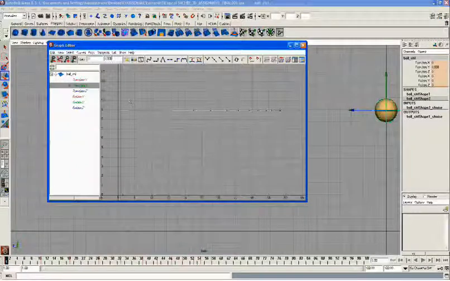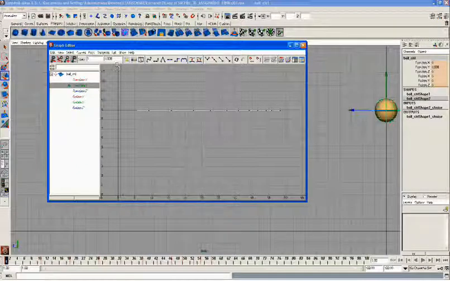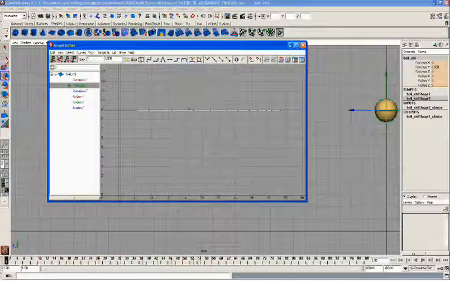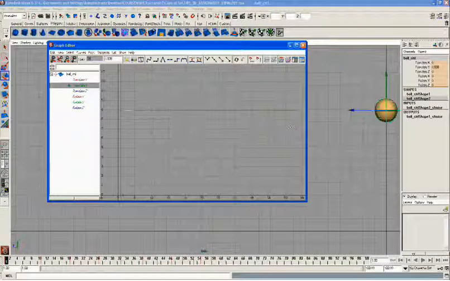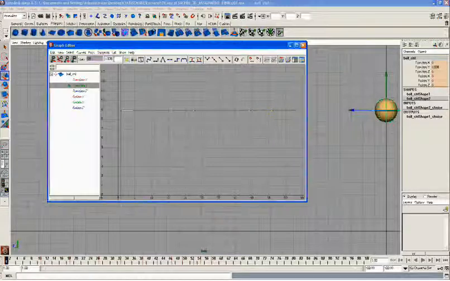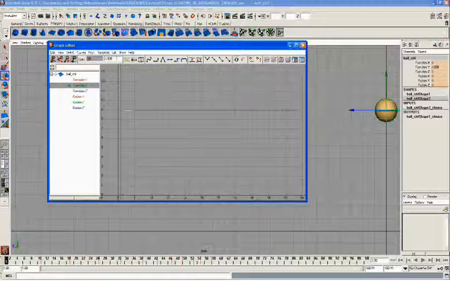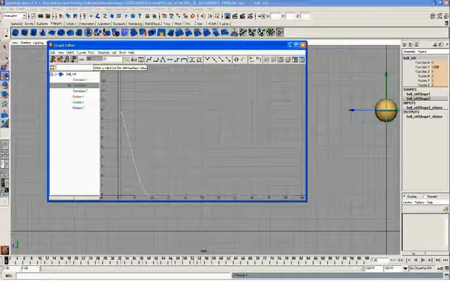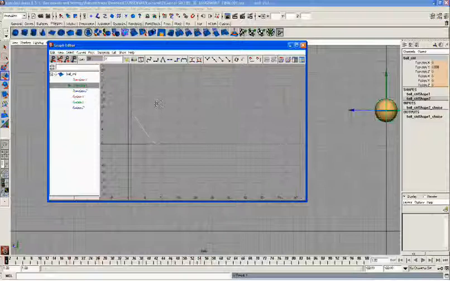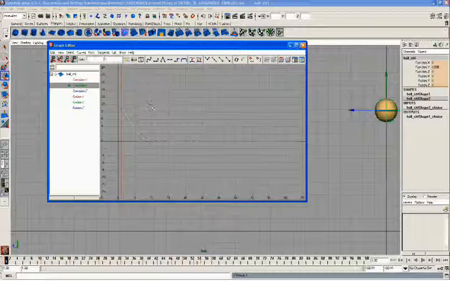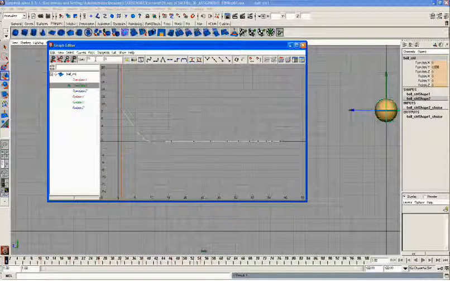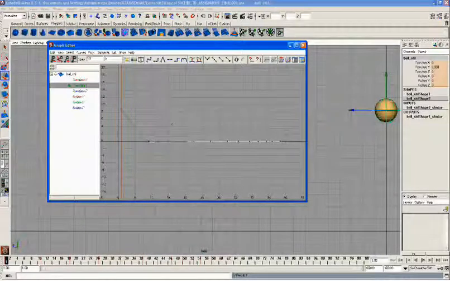Now you can see, as we have placed it on the first frame on the top over here, all the keyframes which we have set are at that value. So I'll leave this first key, select all the keys and make everything 0. So everything is 0 now. And here on the 11th frame I want this guy on the ground, and on, say, the 19th frame I want it to go up,